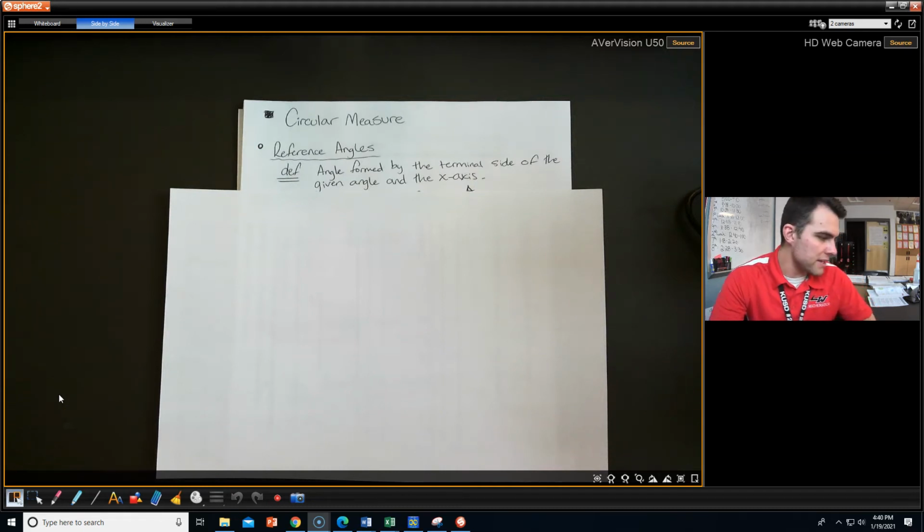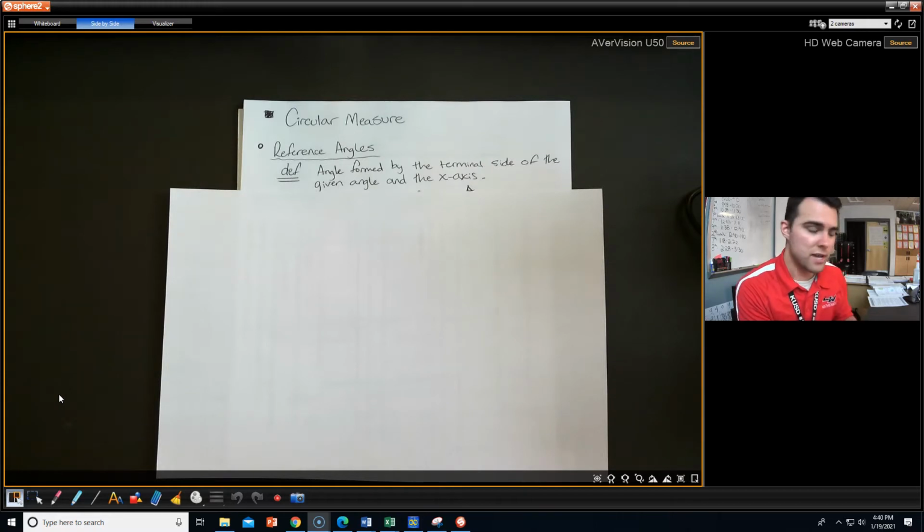It's Mr. Knight back at it again, continuing on our trigonometry unit. We're going to talk about reference angles because they are really useful for solving those equations, and they're useful for when we are making the graphs too. And really, we use the graphs to solve trig equations, and we could see that, hey, not only are we getting one angle that satisfies this equation, we're getting multiple angles, and that's kind of where the reference angles come